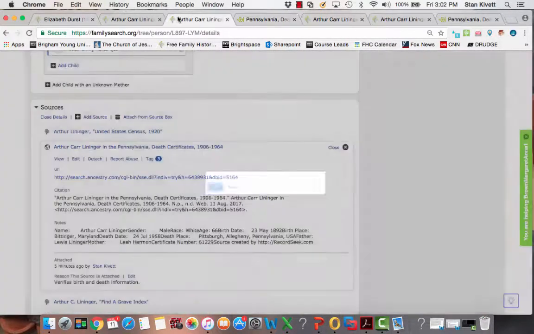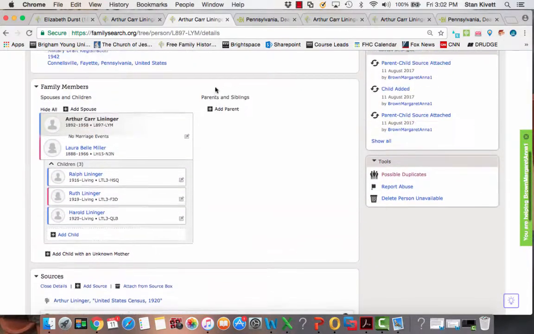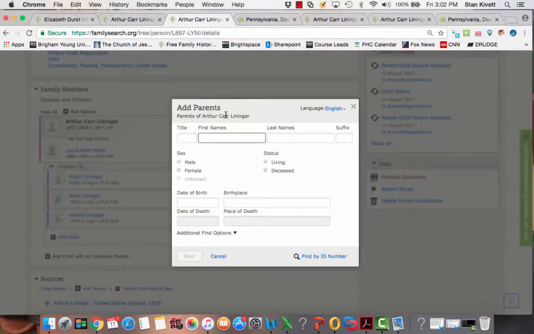So I'll come back to Arthur, and I'll come up here and add a parent. And the father's name is Louis Liniger, and he's a male, and he is deceased. I don't know his birth date or his birthplace.